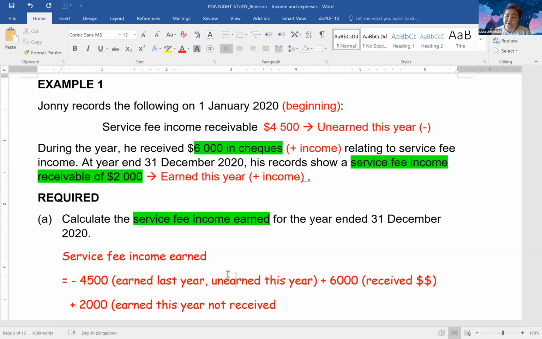The double entry when you receive income is debit cash or bank, credit increase income. So you plus $6,000 because you received the money. Finally, the $2,000, you earned it this year, but you haven't received it yet. So you need to plus 2,000 because receivable means you did the work already, haven't received the money. So the final answer is